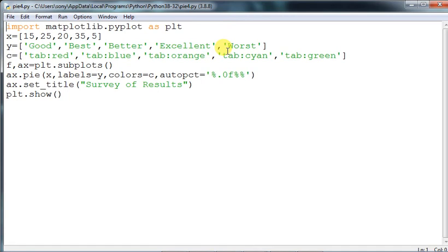That's why this format has been taken, because Python takes the float format only. So 0.8f and then percent again within the single quotes. That is called auto PCT.